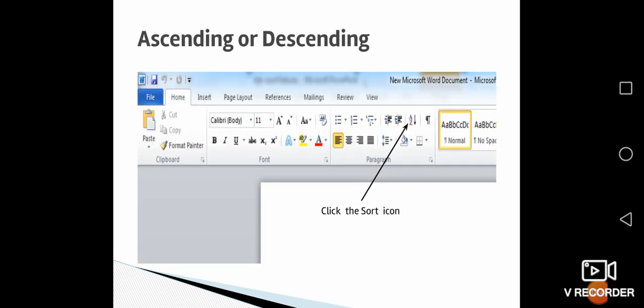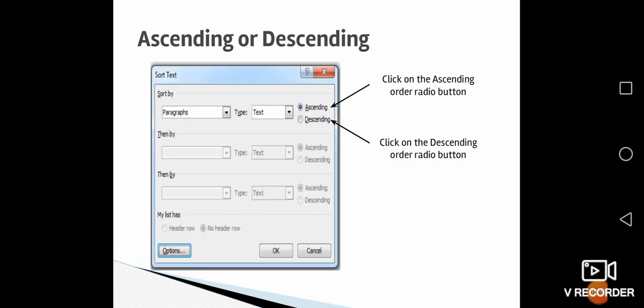First you have to click the Home button, then Sort. Can you see the sort icon? It is that A to Z with an arrow. You just have to choose it. Then this dialog box will appear for you. In the radio buttons, you just have to choose whether it is ascending or descending, and you have to click OK. As soon as you click this, the data will be changed automatically.